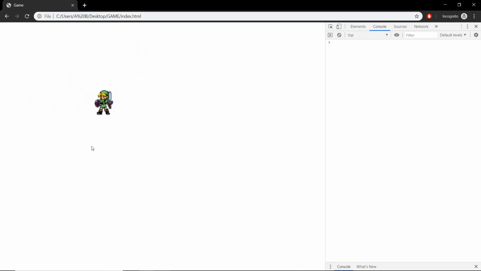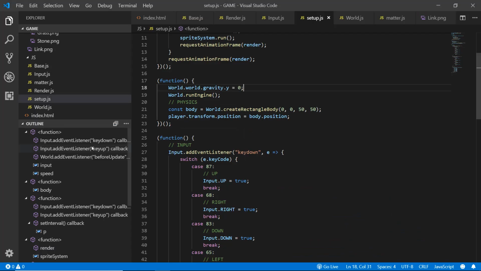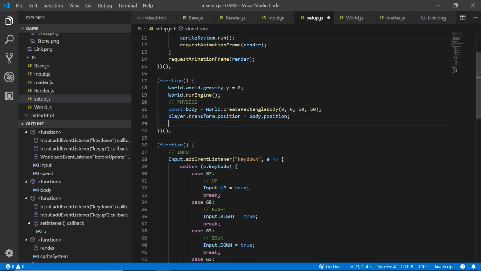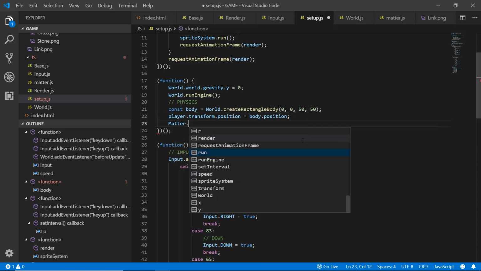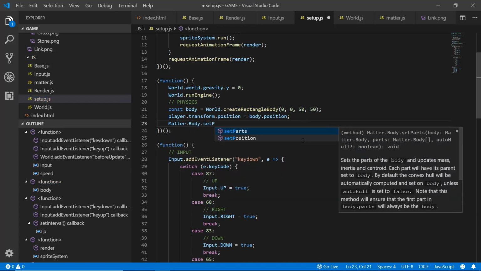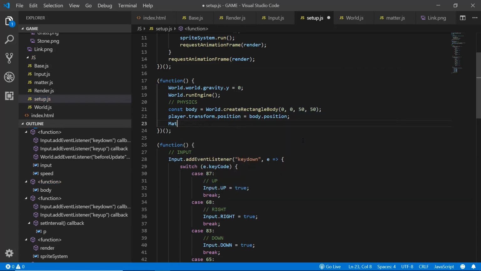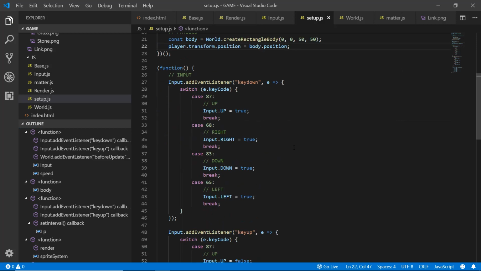And we can move around the transform. We do not want to directly move the transform. That is not good practice. If you want to do that, you want to use Matter.body.setPosition. Use this function to do that. Anyway,